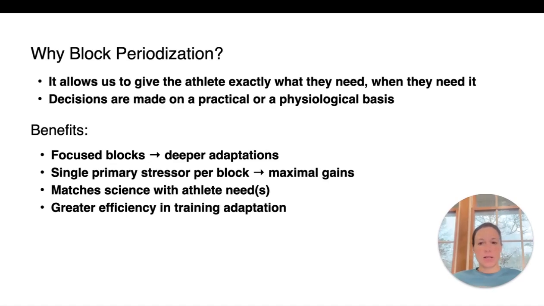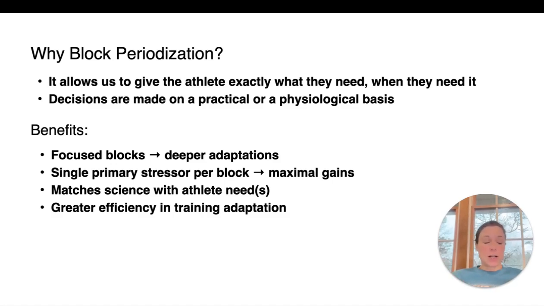So why do we do this? When we think of block periodization, we think of a way of training for a certain amount of weeks, and this allows us to give the athlete exactly what they need when they need it. So it's based on not only practical thought process, but physiological thought process in regards to where you are as the athlete. So sometimes we have very focused blocks where you get really deep adaptations, and then sometimes we look at very specific blocks for either the run, the bike, or the swim, and it matches the science with the athlete's needs. It creates a greater